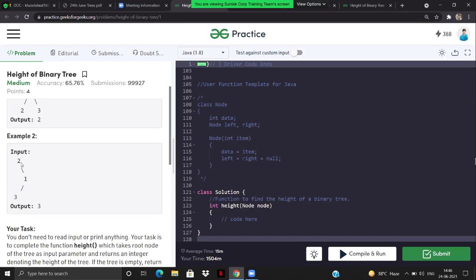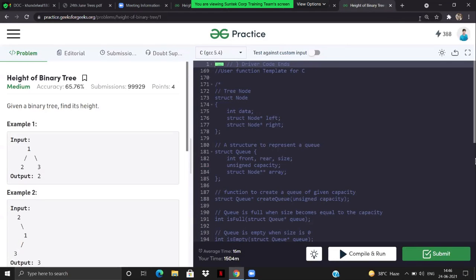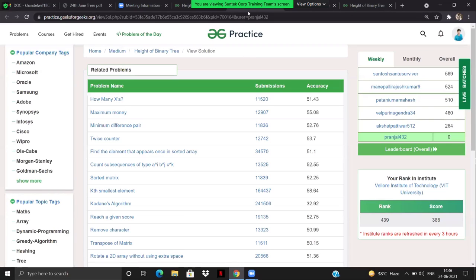Let's say I started from here, right? I will check for node.left. It's already null, so that means I don't have anything over here. Now I will do 1 plus node.right. Now I got 1 as the length, right? Now I'm going to check node.left, so it has a length of 1. Node.right doesn't have anything, so it's going to return null. And this way, if I keep on iterating, every time I'm going to increase it by 1.